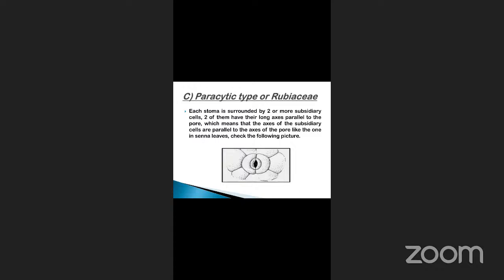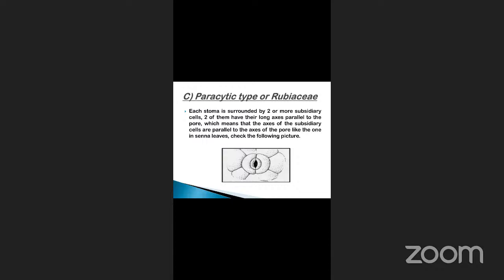Parasitic stomata are found in the Rubiaceae family. Ipomoea palmata also shows parasitic stomata. The fourth one is